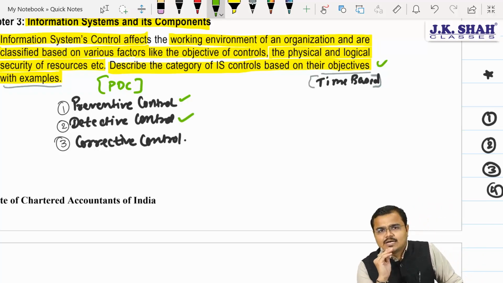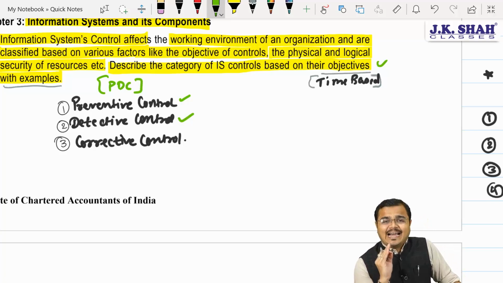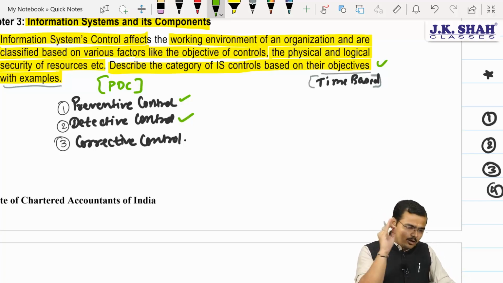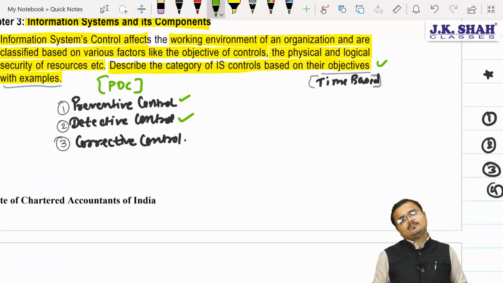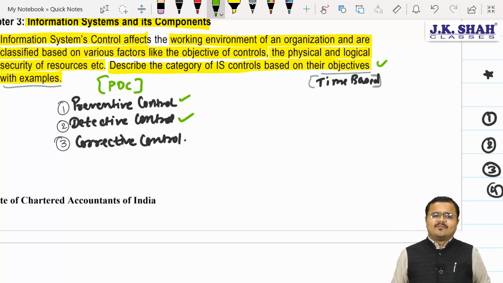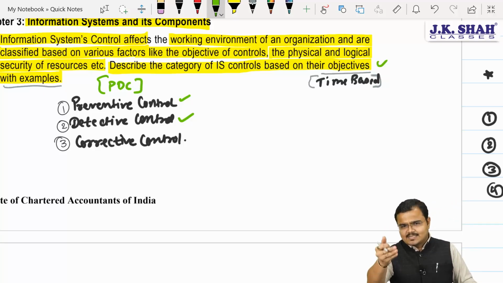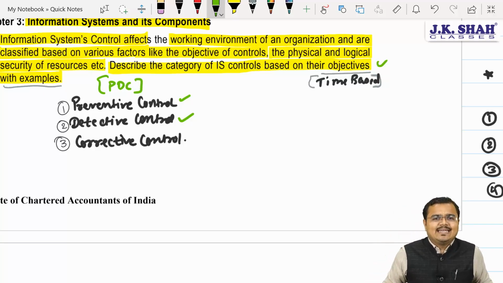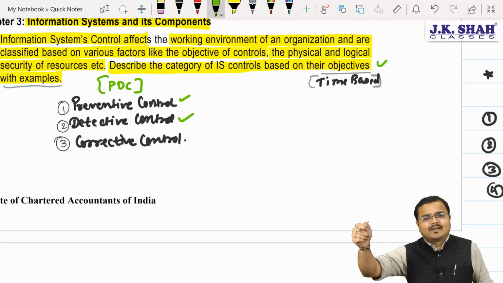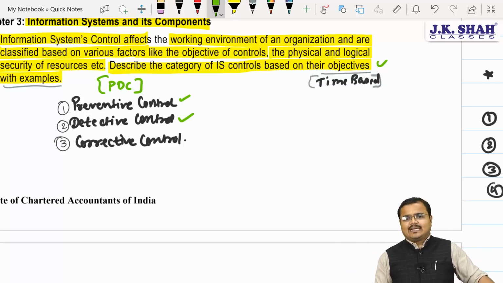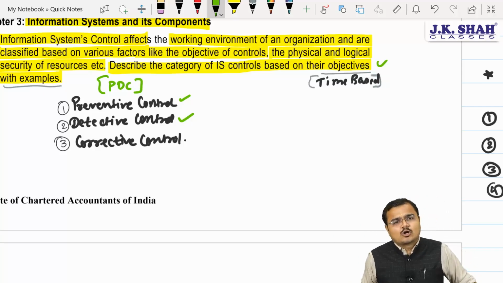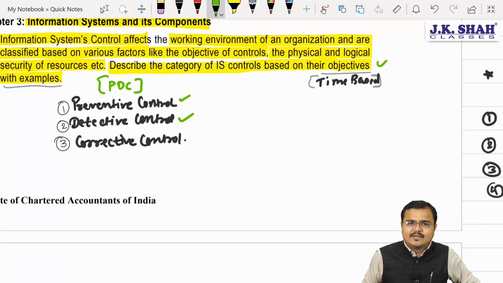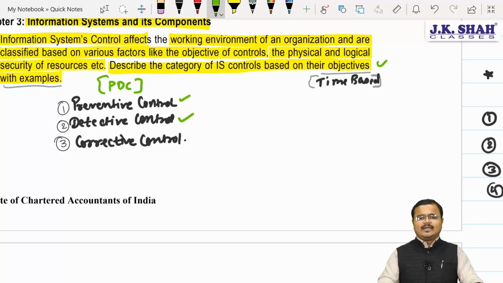So detective controls are implemented in order to identify the loopholes in the system because of which the particular risk struck. Example, we are using bank reconciliation statements. Also, just in the previous MCQ we had seen regularly checking the credit limit of the customer. It's a what? It's a detective control. Agree? Yes, sir. You have a CCTV camera, which is also called closed circuit television. That's what, sir, it's a part of detective control.